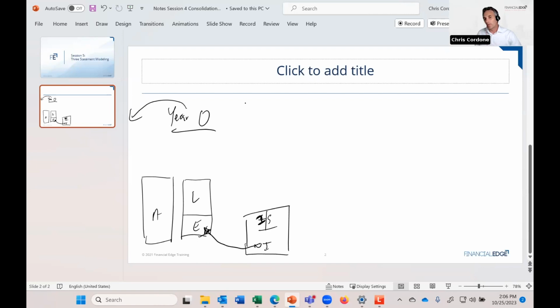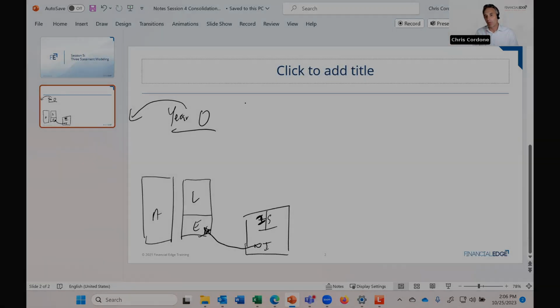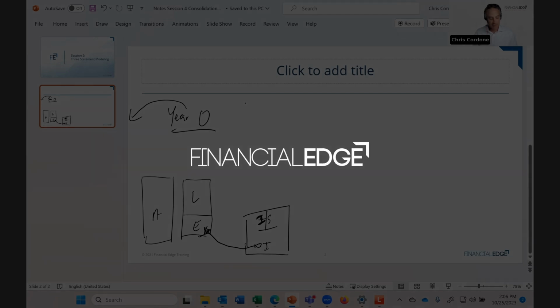So now we're in a model, and what do we model? Do we model the past? Well, no, you don't model the past. The past is done. It's already there. It's in audited statements, or it's in the company provided statements. So we're not auditing. What we're trying to do is get to a forecast. Now, the forecast is there to help us